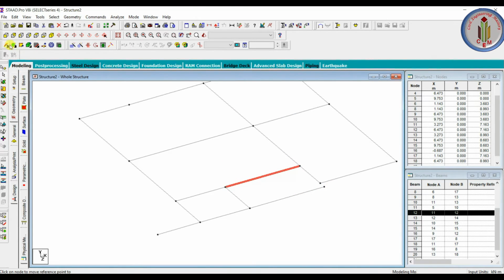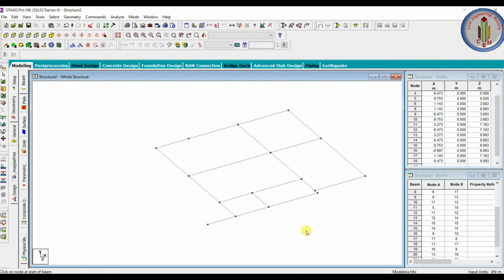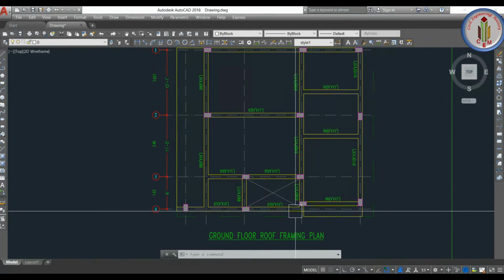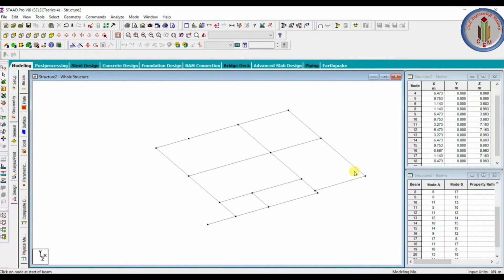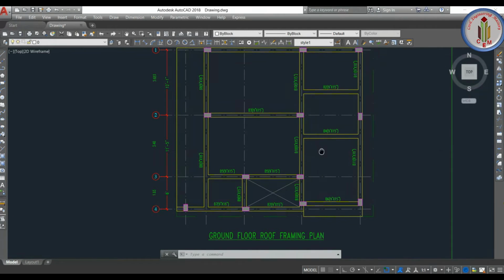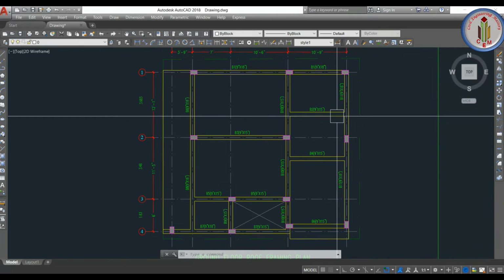And then here you can add the cantilever projection. See, it came like this, and then this beam is there, and again in the middle we need to add these two beams.